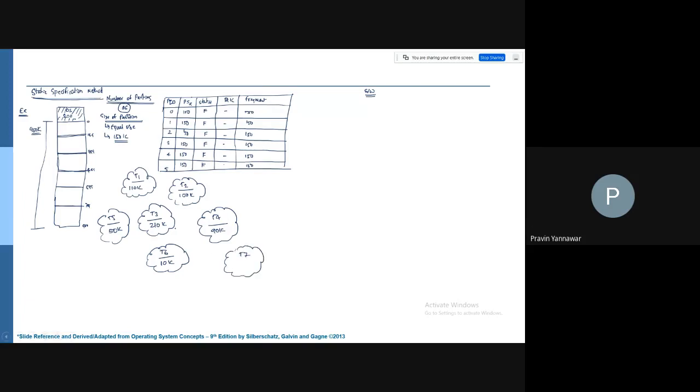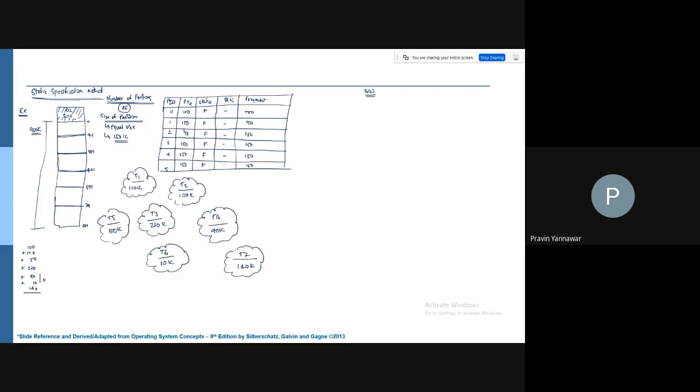This is what is my queue actually. T1, T2, and there are 1, 2, 3 tasks standing in their place in the queue. So this is T7, T7 is of say 140K. Okay, so in total, if I sum up, this is say 100 plus 110 plus 50 plus 210 plus 90 plus 10 plus 140.